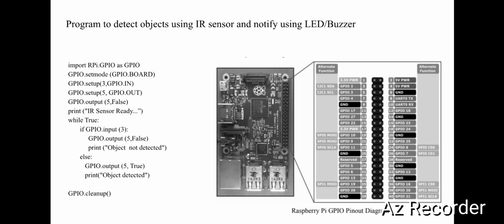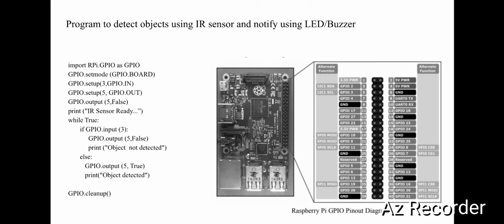Now after the connections, the actual logic of our program will start. The next line is GPIO.output(5, False). Here we have turned off the LED. Initially our LED will be off. As this is an output device, we have used the output function, and the syntax of the output function is we have to pass the pin number along with True or False. So initially the LED should be off, that's why we have passed 5, False.